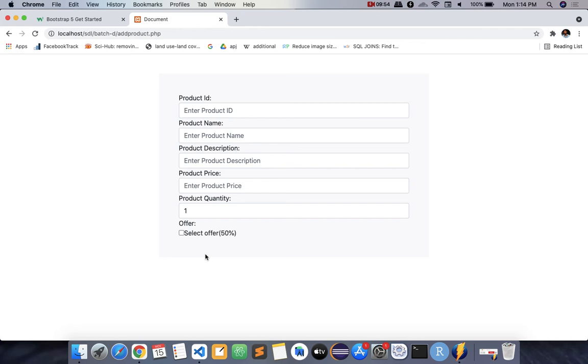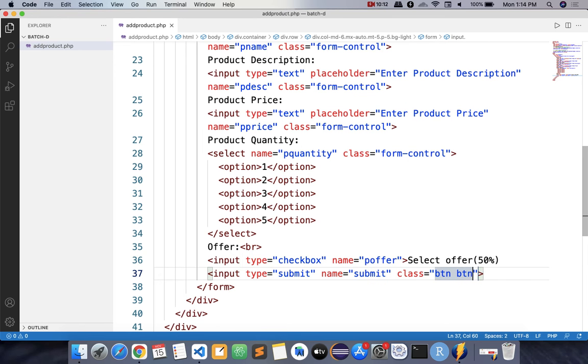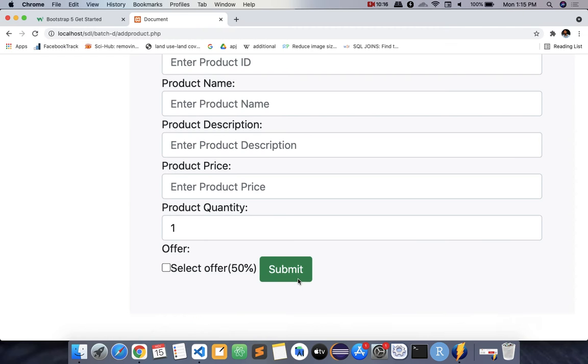Okay, and then we need the final submit button. So I will take the input box, it should be submit. Name again should be submit. Class btn-success. Then you need the next line.